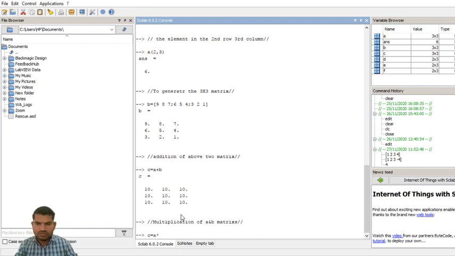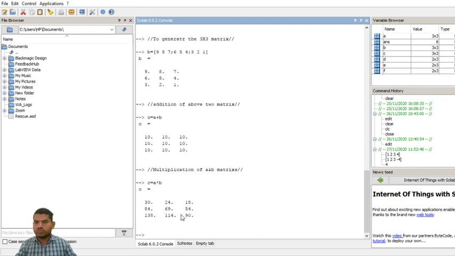A star, that is dot multiplication into B. Output: A star into B.